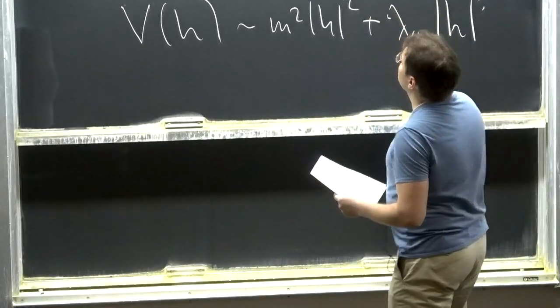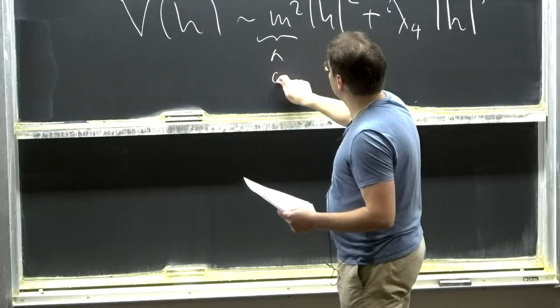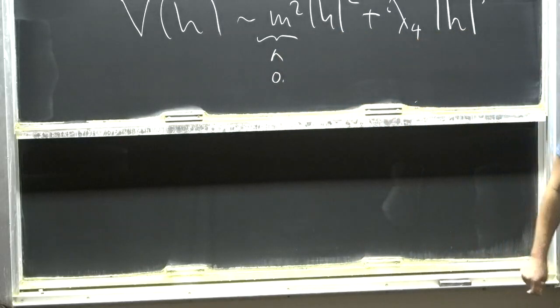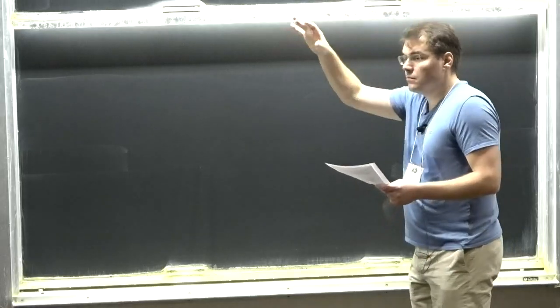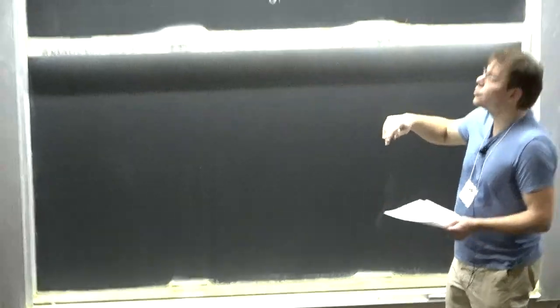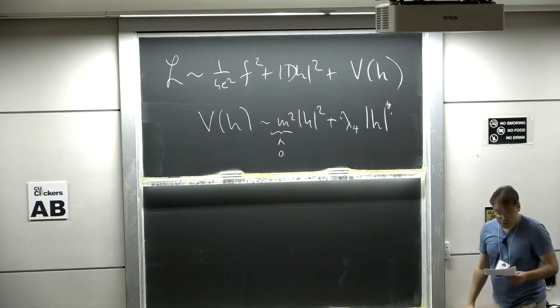So this model with negative m squared is basically the Landau-Ginzburg description of a superconductor. 4D, always. So if you think of H as describing some condensate with electric charge Q, you can think of this as a 3 plus 1 dimensional superconductor.